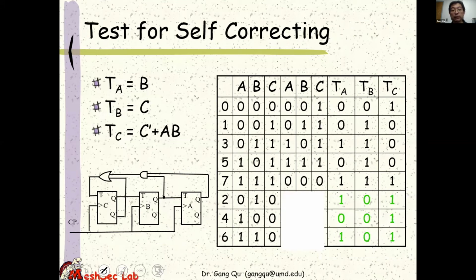So if for some reason you run into this unexpected state, what will be the next state? This is when we figure out all the flip-flop contents, and then figure out what the next state is. So in this example, from state 2, it will move to state 5, because, for example, the first bit A is going to be toggled since its input is 1. So it changes from 0 to 1.